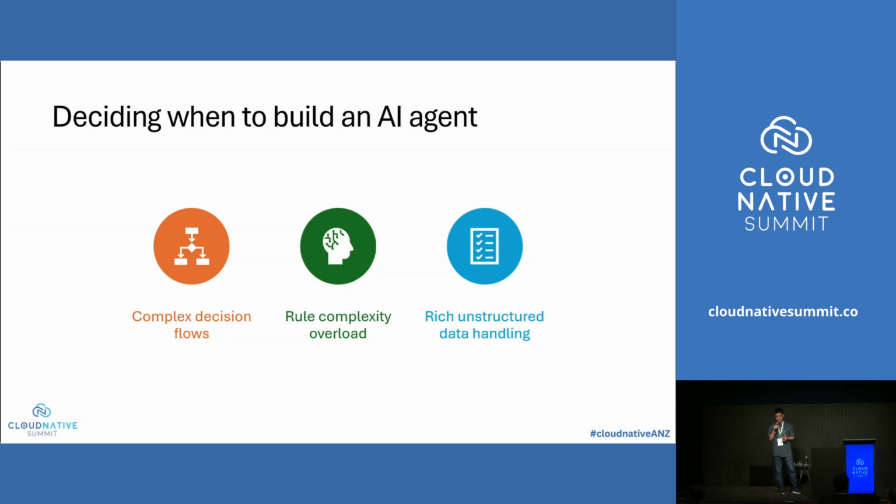Another scenario could be we have lots of complex rules. For example, if we have an e-commerce refund system, you probably have lots of policies, like you define lots of rules to decide whether this can be refunded or not. Every time the policy changes, then these rules should be changed.